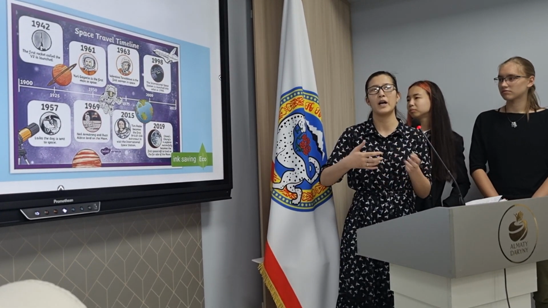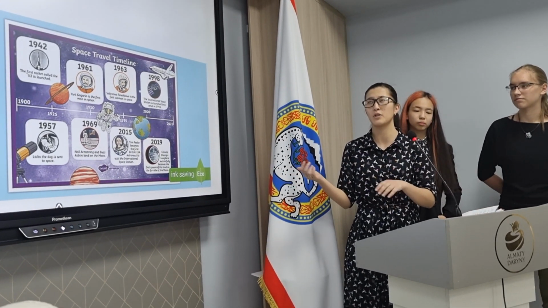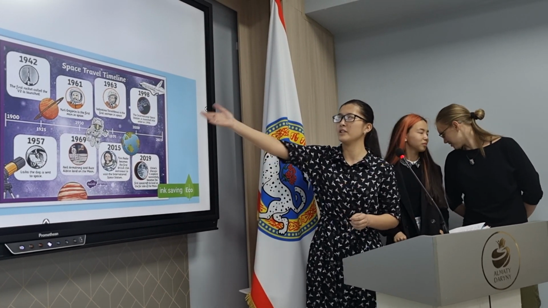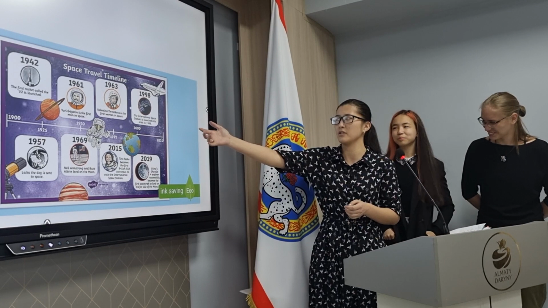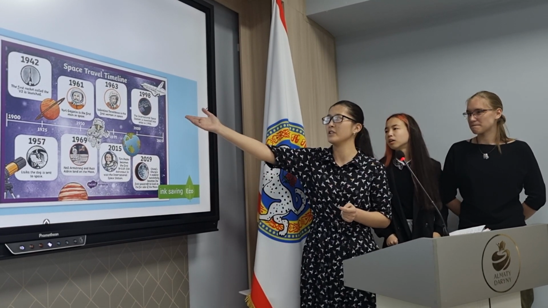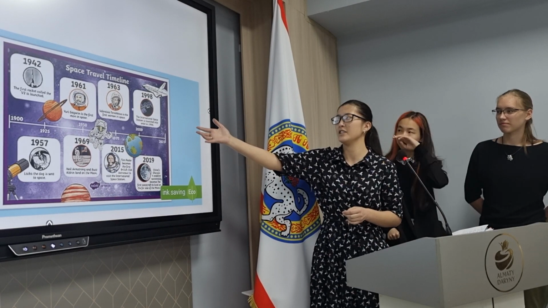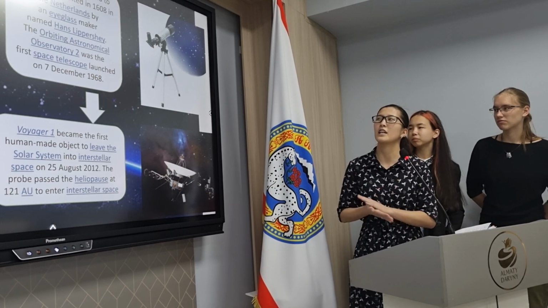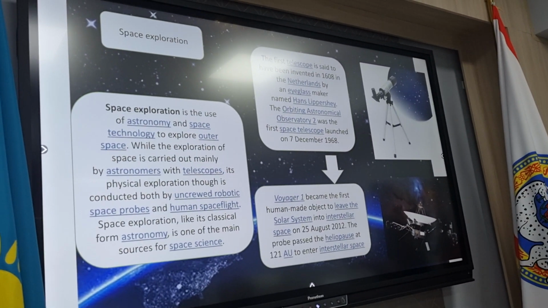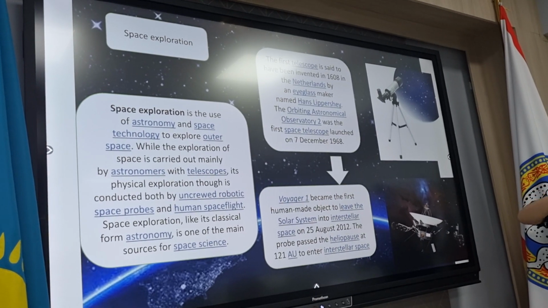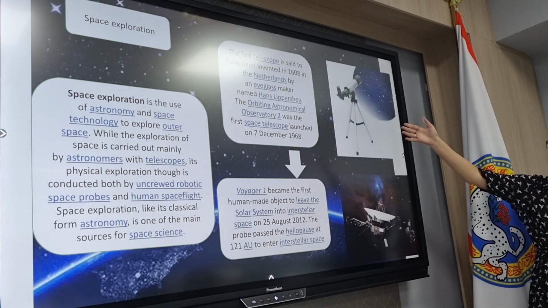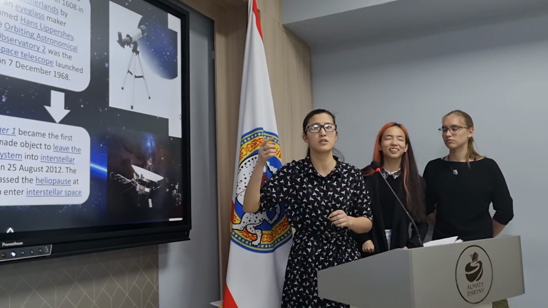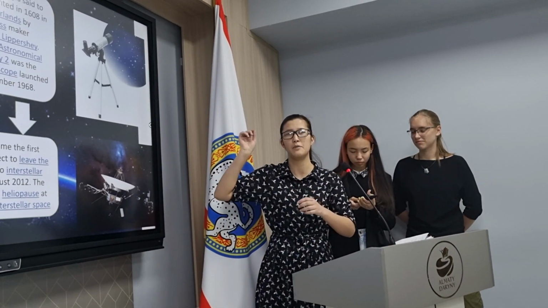So why is it raining? Why, if we have day, does the backside of the Earth have night, etc.? As you can see here, we can show the timeline. For example, in 1961, there was the first person in space, and in 1963, Valentina Tereshkova went to space, the first woman. Next, please. For space exploration, we can teach students by showing the development. For example, in 1608, there was the first telescope, and with only one telescope people could reach different types of aims.